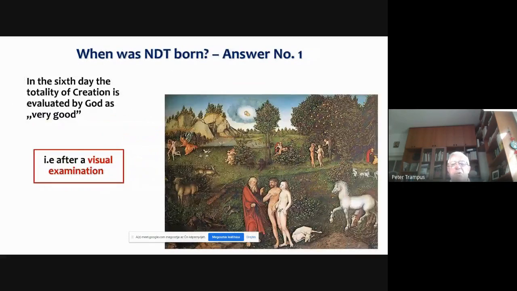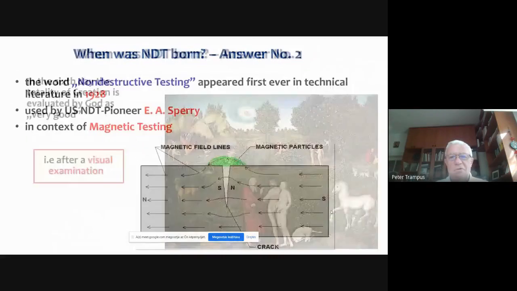When was NDT born? This is a not very serious answer, but I can show you this picture: in the creation, God was very happy that everything was very good. Of course, after a visual examination, which is a non-destructive testing method.